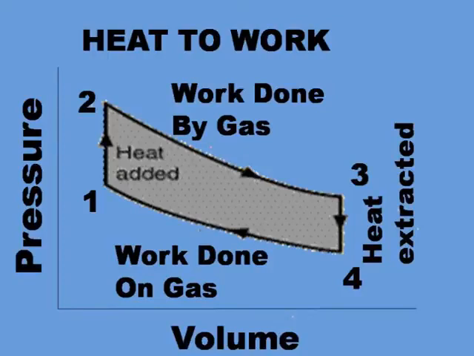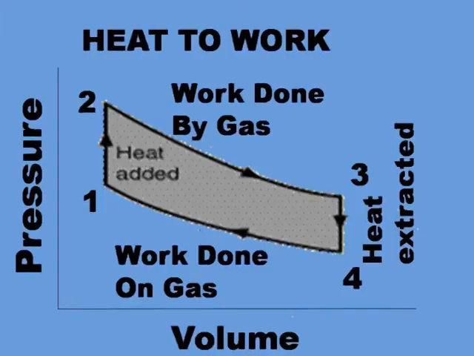Again your vertical axis, the y axis, has pressure, and the x axis has volume. In 1 to 2, if we observe, the volume is constant and at that time heat is being added. Constant volume heat addition means that if suppose 100 kilojoule of heat has to be supplied to the air, without consuming any time, instantaneously we have added the heat from 1 to 2. There is a rapid pressure rise from 1 to 2. Again this process is not a reversible process.